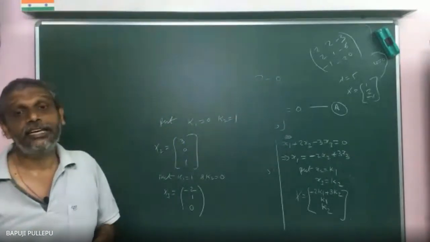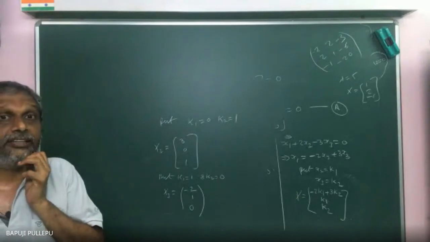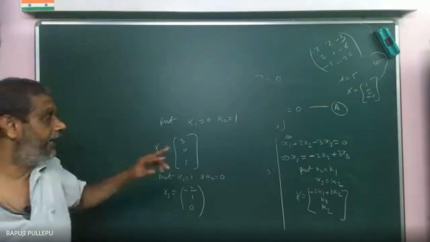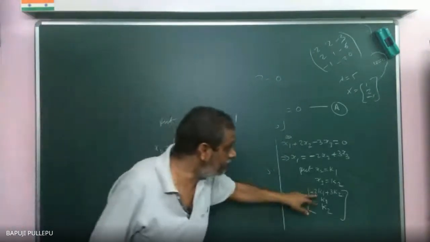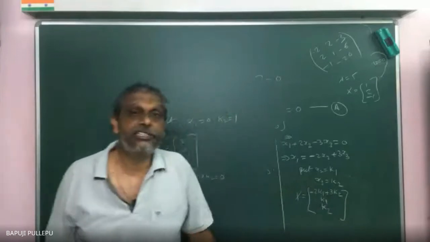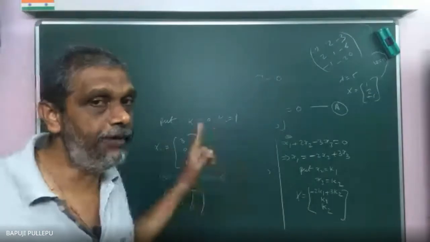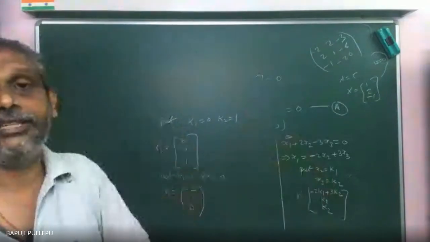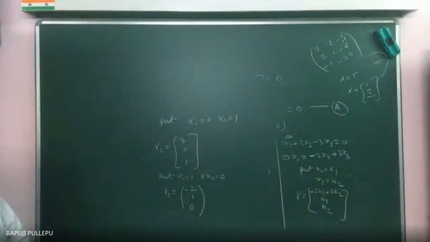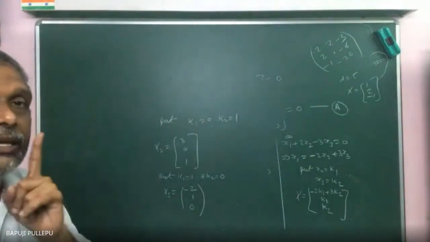Now this is the case of two values repeated. Suppose three values are repeated, what will you do? Like these two cases you can do. In such a way you can choose k1, k2, then make the first one 0. How will you do it, tell me? Is it clear up to here, sir? Yes, sir. For two values I am playing k1 0, k2 1, k1 1, k2 0 like this. Suppose three eigenvalues are the same, lambda is equal to -1, -1, -1, I got. Then there also I have to do it, or not?